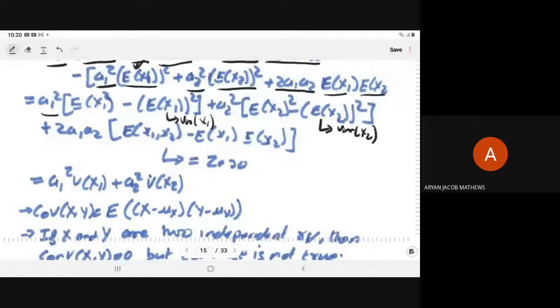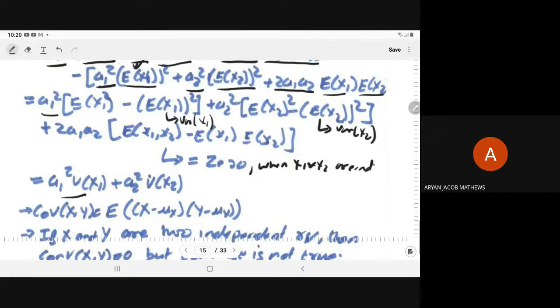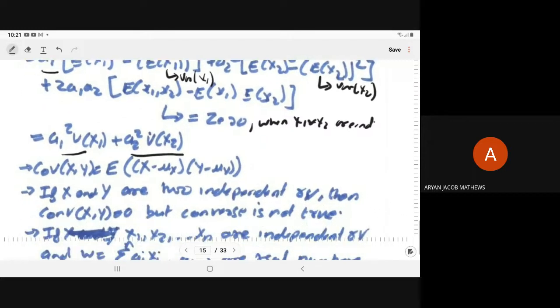When x1 and x2 are independent, it is equal to 0. When x1 and x2 are independent, then this bracket will be 0. Otherwise this is not 0, right? You have to write its value. When it is 0, then it will become a1 square into V of x1 plus a2 square into V of x2. It is true only when x1 and x2 are independent. Otherwise the above formula will work. From here